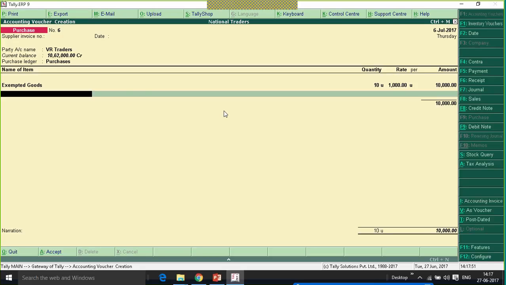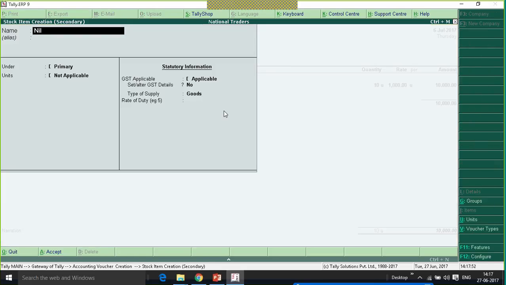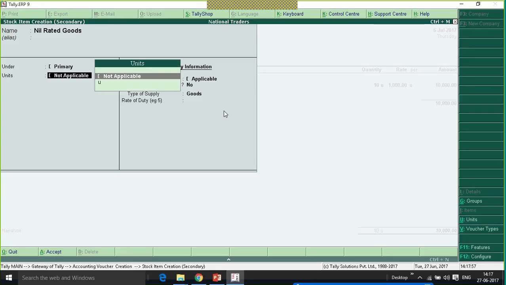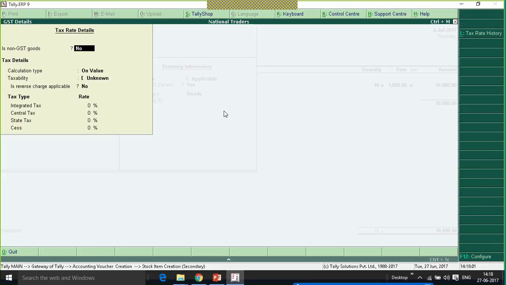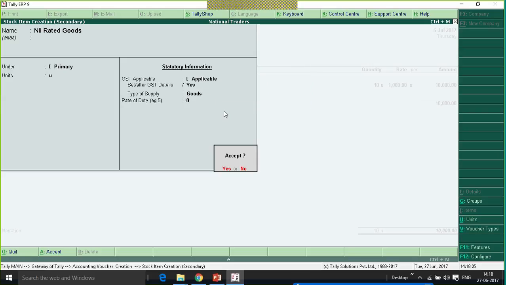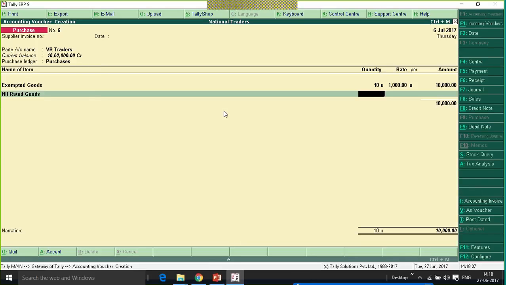And now I will create nil rated goods. Again here I will set or alter GST details and select the respective taxability as nil rated. I'll accept.